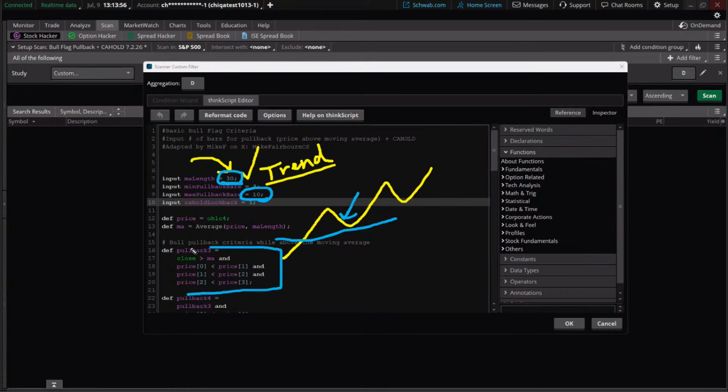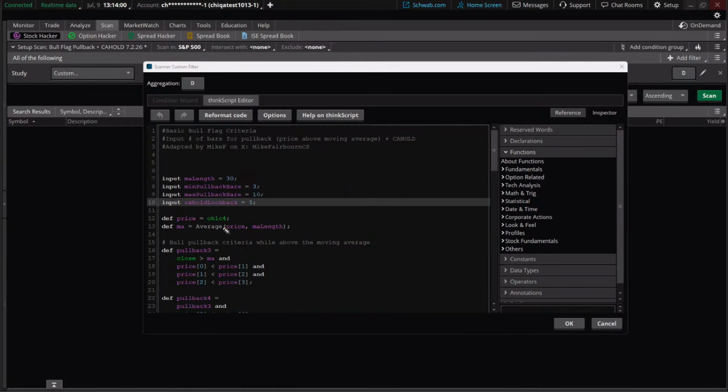It's already built in. I can't make it more, but I can make it less. I could do, for example, 1 to 7. That's a decent pullback amount. I put a larger number in here, up to 10 days. It could be less, but that would be the max. We could set a different max, but it'd be 1 up to 7 if we did it that way. In other words, there could be a 10-period pullback before we get the hold, but it's got to be above that moving average.